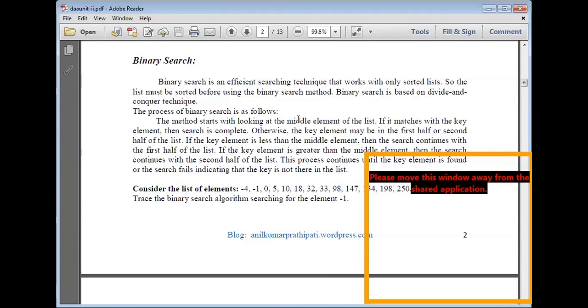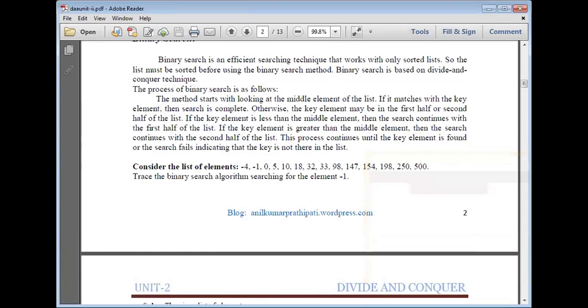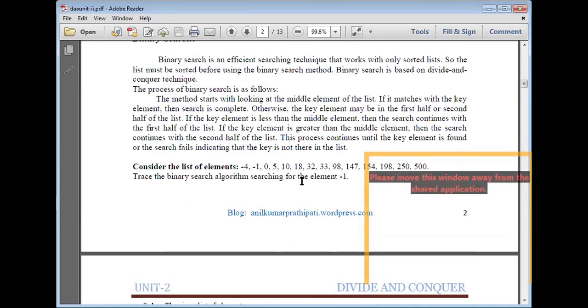So the process of binary search is as follows. The method starts with looking at the middle element of the list. If it matches with the key element, then search is complete.